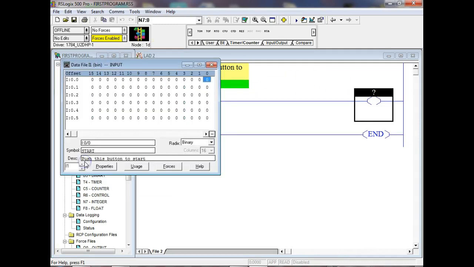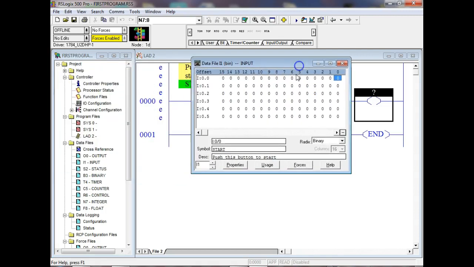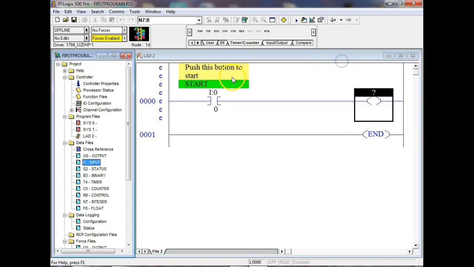So the inputs, this is going to show us the status of the inputs. Can y'all see this? So let me